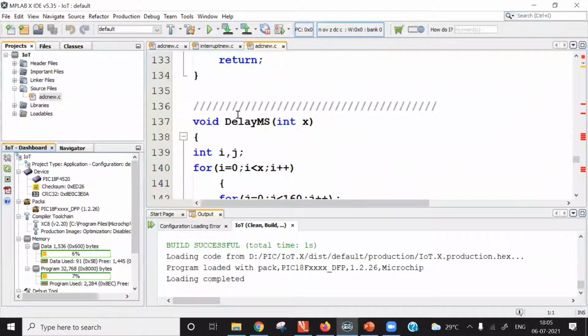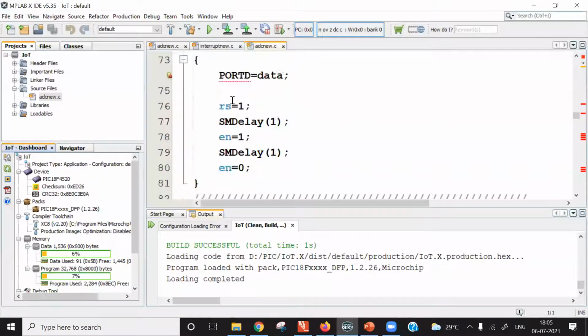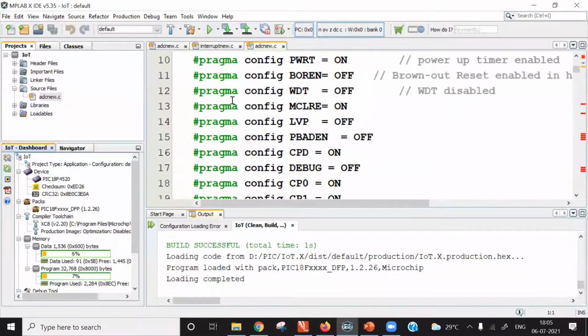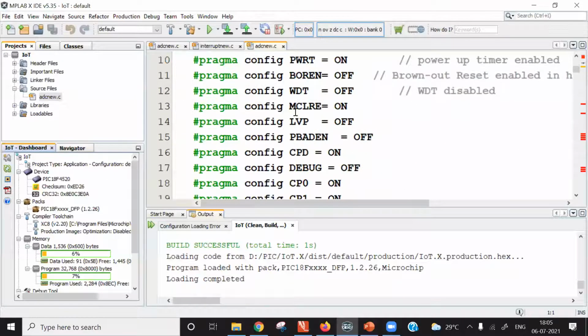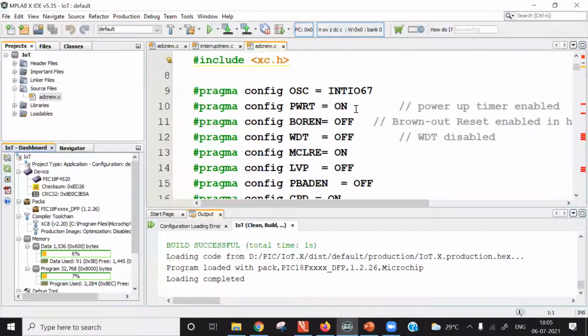Now we will understand how to write the code. What I have done is, the code that we have already written for LCD interfacing, the same code I have taken as it is. I have used 8-bit mode for LCD. Initially, you must include the header file xc.h, then the configuration bits.